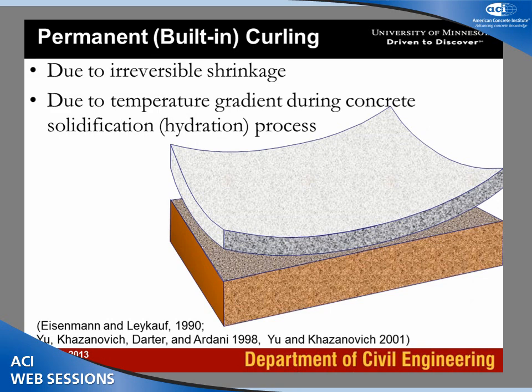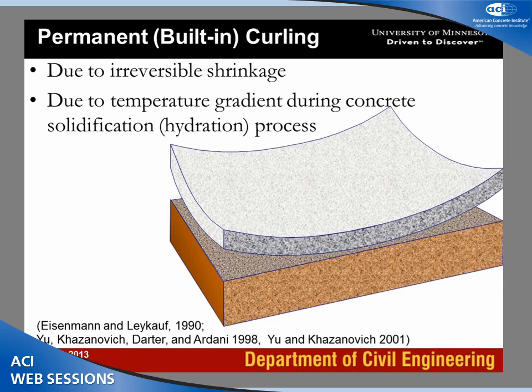It's built-in curl. Basically, Westergaard assumed that no temperature gradient is acting on the pavement, so the slab should be flat. But in reality, due to reversible shrinkage and non-uniform temperature during hydration, the corners of the slab always curl up. And that effect was not completely unknown. It was reported by Chilean engineers, and before that